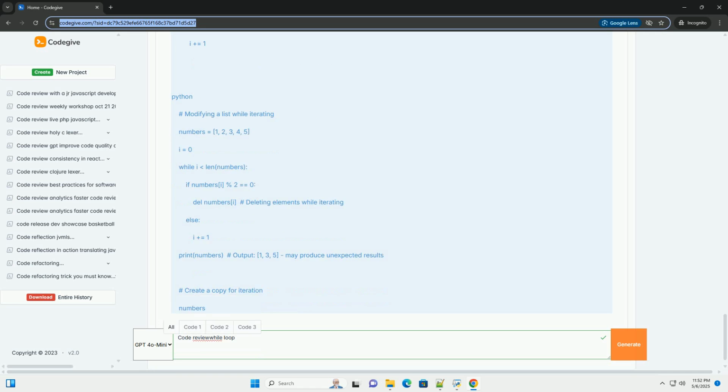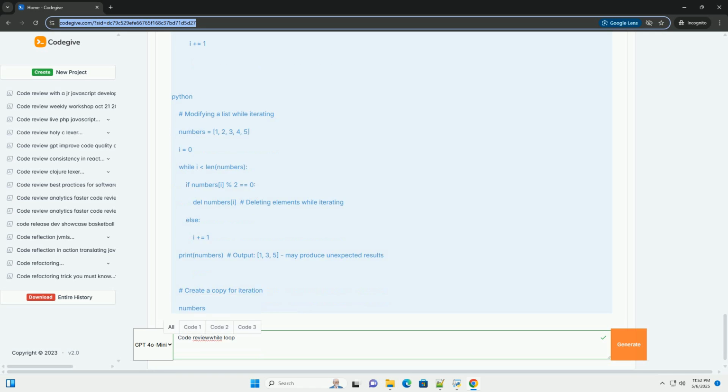Conciseness: is the loop body concise and well structured? Break down long blocks of code into smaller, more manageable functions. Comments: add comments to explain the purpose of the loop, the condition, and any complex logic within the loop body. Alternative constructs: consider whether a for loop would be a better fit. For loops are generally more readable when iterating over a known sequence or collection. Avoid while loops when a for loop is more appropriate. Example: